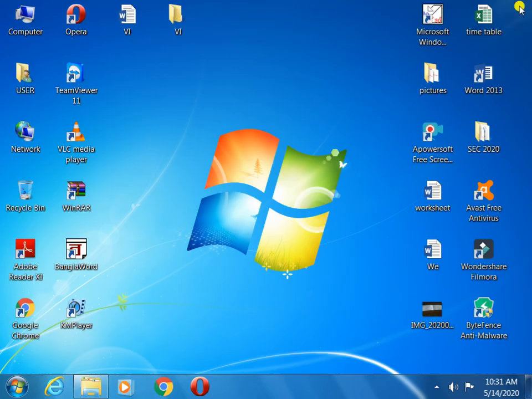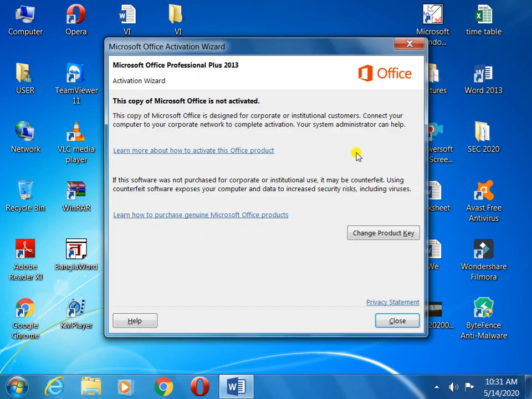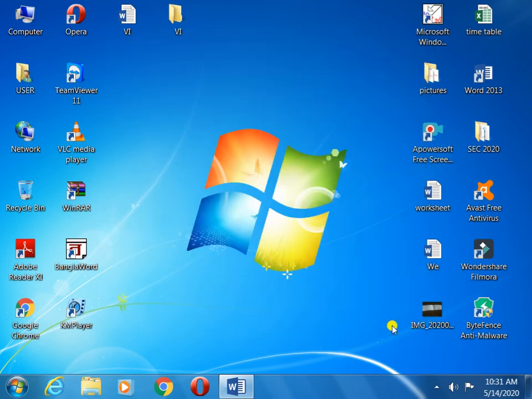Now I will make one file. Inside that file I will write some things. Now Word. Now you can see I have opened one program, that is MS Word. It is opening.